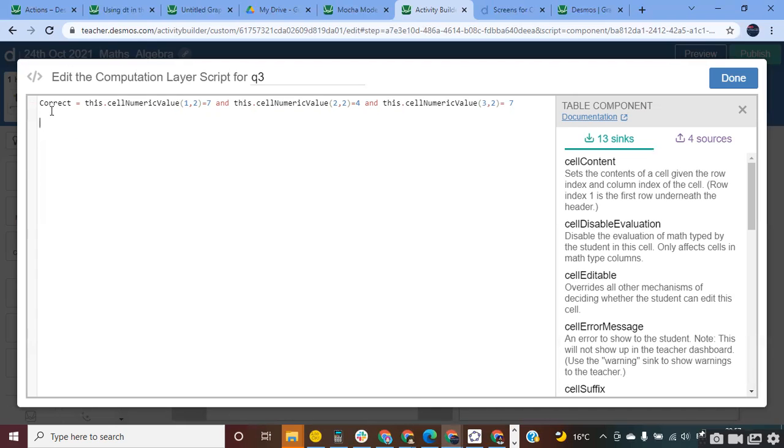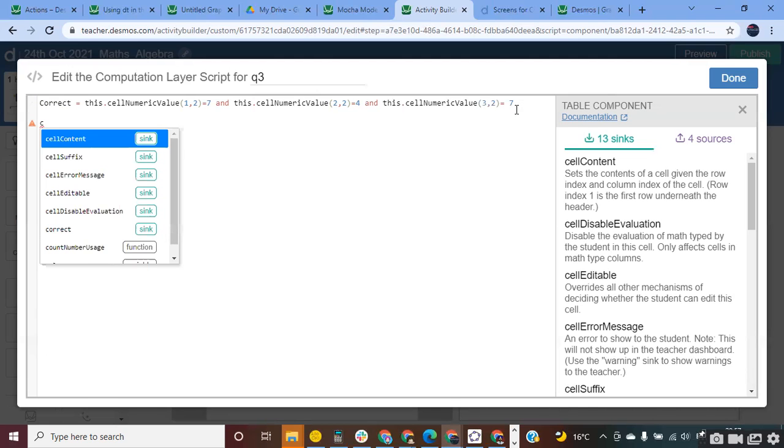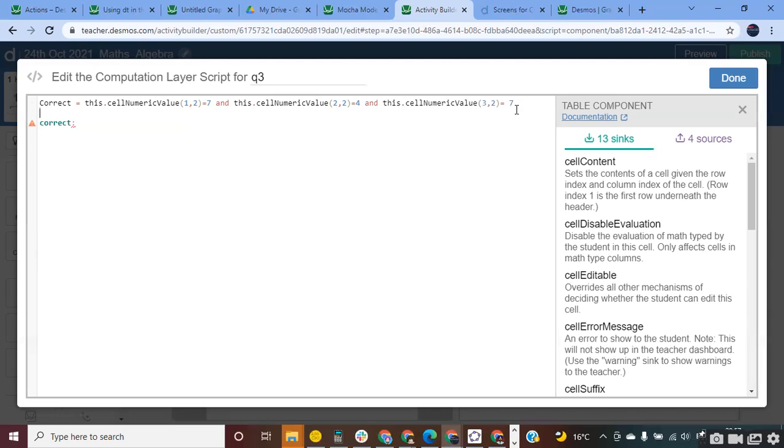So what I have created is just a Correct thing here. Okay. Now I want to connect it. Look, if you want to give feedback, then this is always a good way to create a text. Do not use the one from Desmos. If you type in a lowercase correct, this is from Desmos, but I have entered a capital C. So Correct, when it is correct. Just give the condition when my text is correct, the one I have written, because I have defined the condition here.